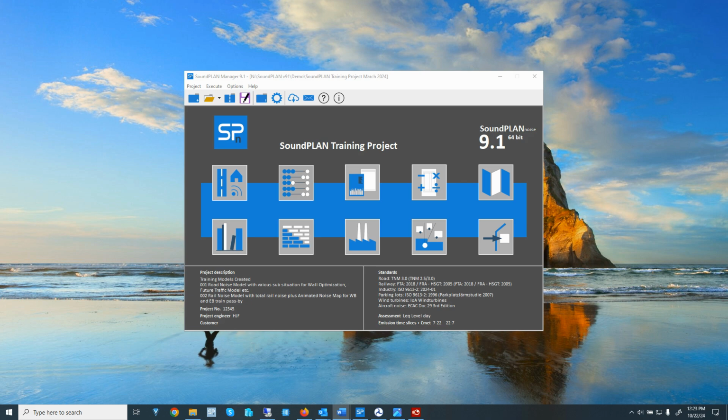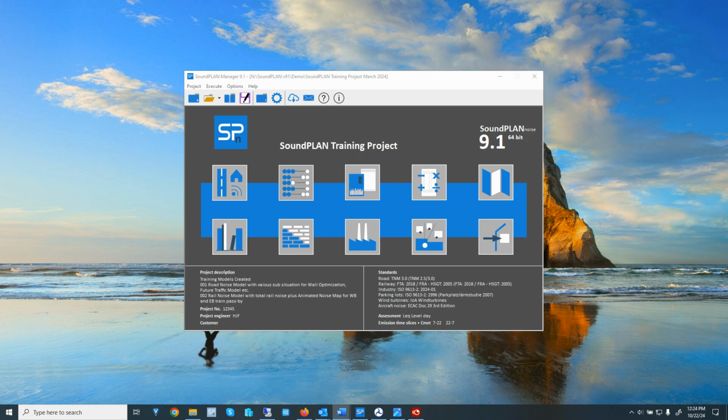SoundPLANnoise version 9.1 is released with a 64-bit software version. The SoundPLANnoise 32-bit version has been kept up through version 9.0, partly due to the requirement for certain software interfaces, such as TNM 2.5, that required a 32-bit version.